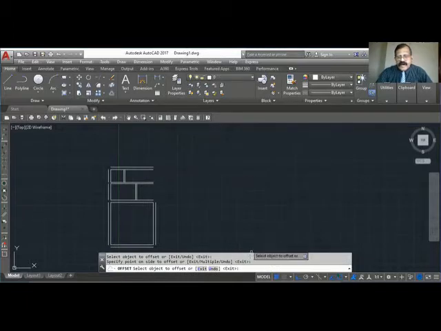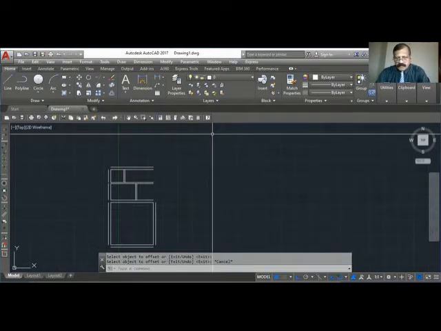Okay, so I finished up to here. Now I have to draw the kitchen, which is 2.4. 3.6 is the width, and 2.4 is the length. When you say more short, longer distance, you can say length. So now I have to offset 2400.